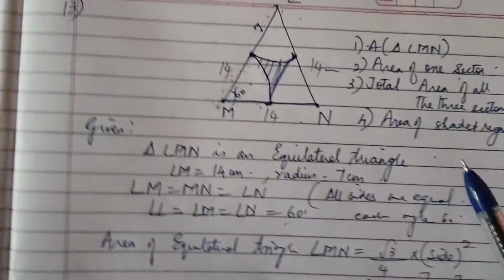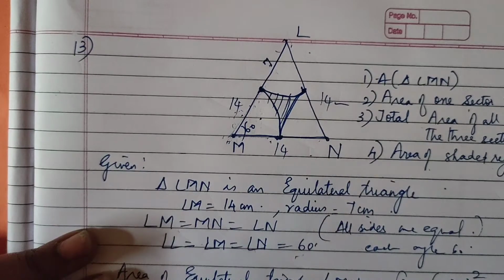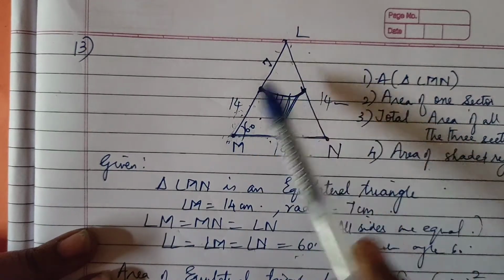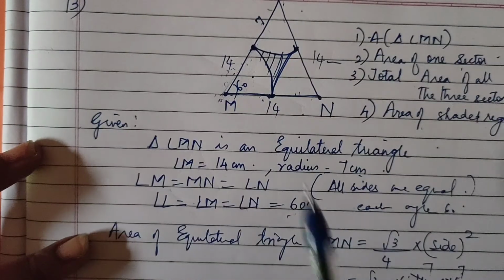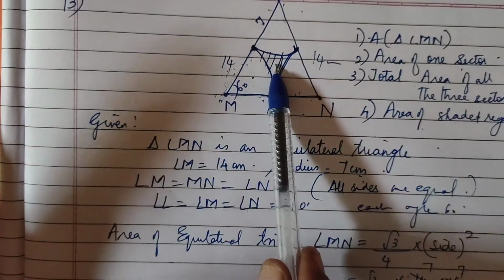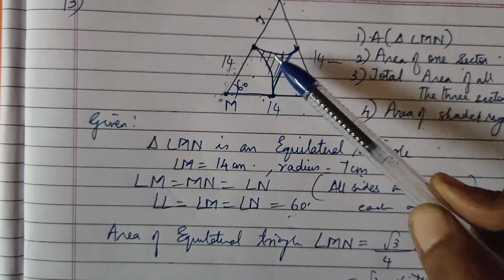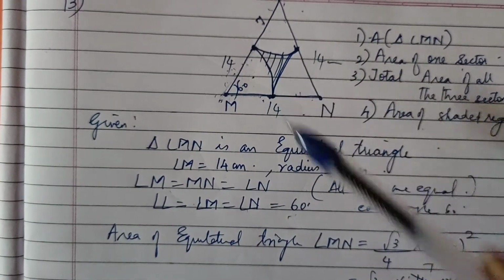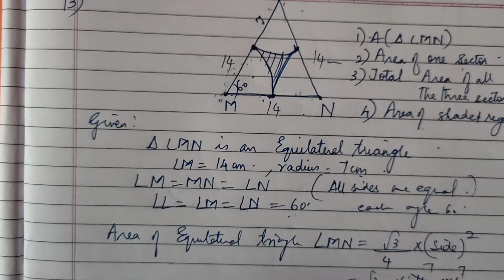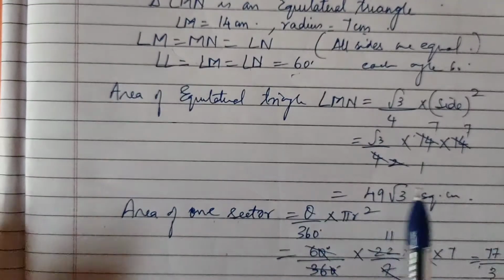Area of a shaded region. Please observe the figure again. This shaded region. What have we got so far? These three sectors together give 77.01. How can we find this figure, because this figure is not a proper regular figure. We cannot say it's a sector. So for this, as we have done in the previous sum also, remember the whole figure, the area of a rectangle minus. Similarly, what we can do, the whole area of the triangle we have already found out.